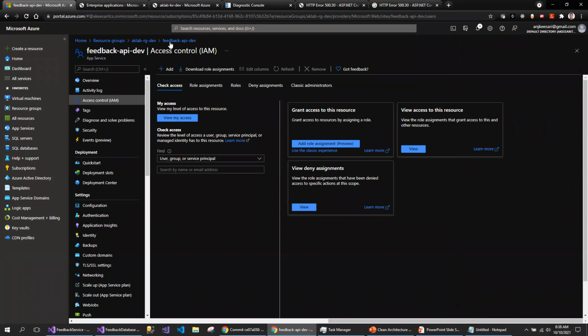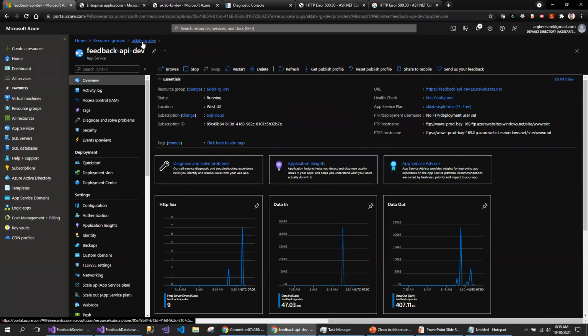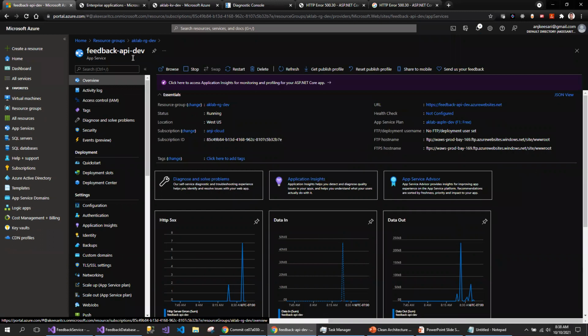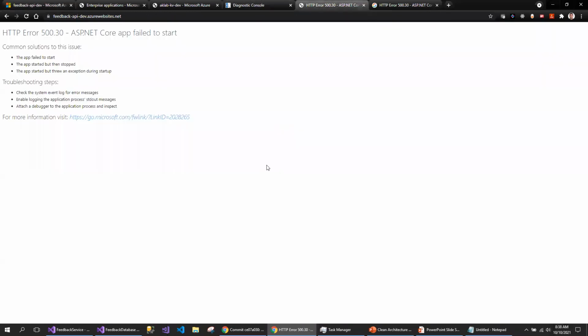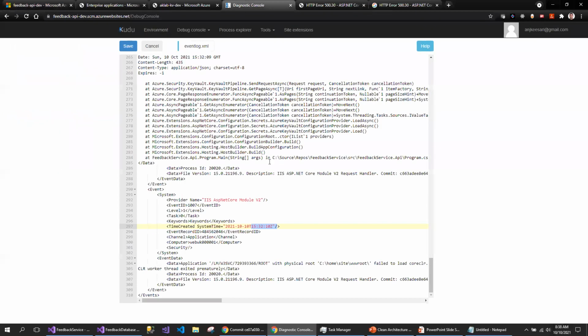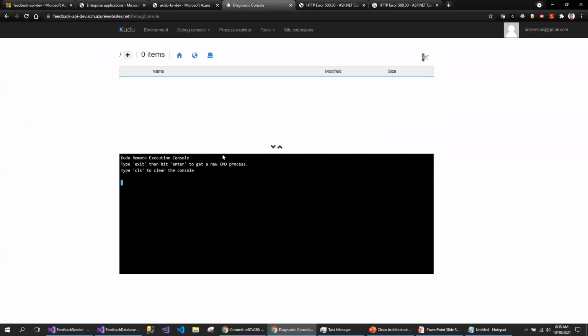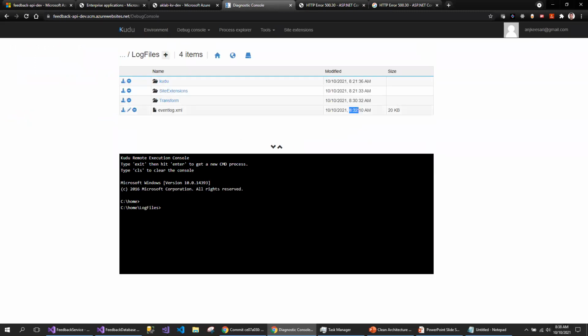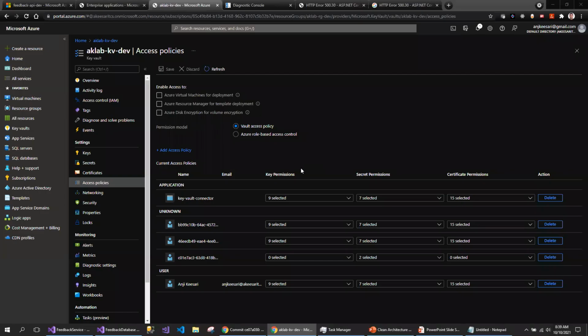So I'm sure this time the service should have access to the Azure Key Vault. I'm going to refresh the logs. So I'm still seeing the same error. Let's look at the details.